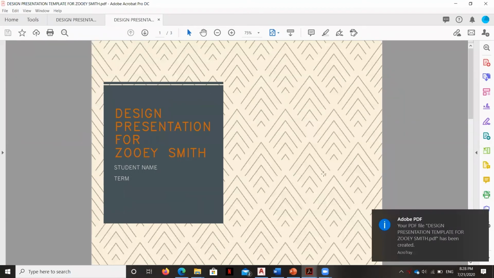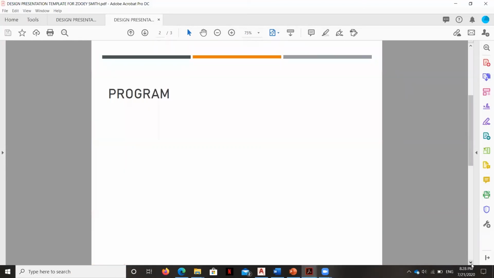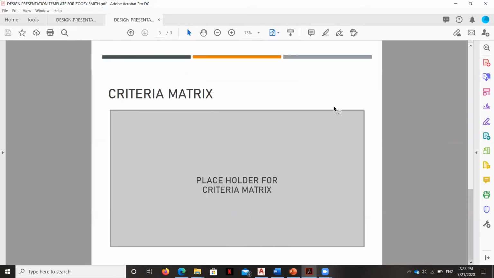And then you can see here, you'll get a preview of the PDF. And what you want to do is just make 100% sure that it's named properly so that you go and upload the correct file. And then you're going to want to make sure that even though it says it's 3 pages here, that you have the 3 pages that you want. And so you can just scroll down and take a look. These will all be filled in with the actual images that you've created instead of the placeholder.